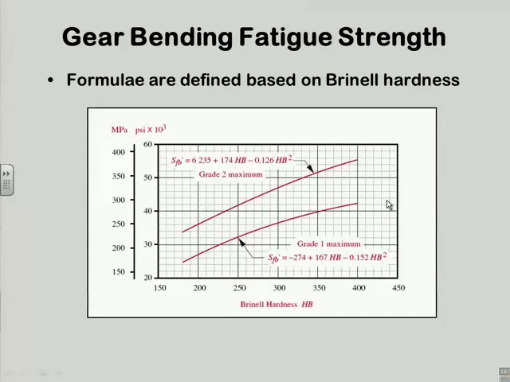Now they've hung their hat, they being AGMA, on the Brinell hardness of the material, which is a very good way to do it. It's a bit crude. If you bothered to read Chapter 2, which I suggested you do as the first reading assignment, which is a review of materials, somewhere you'll see a statement that you might not have encountered before that says that a reasonable estimate of tensile strength of a material, particularly metal, and particularly steel,